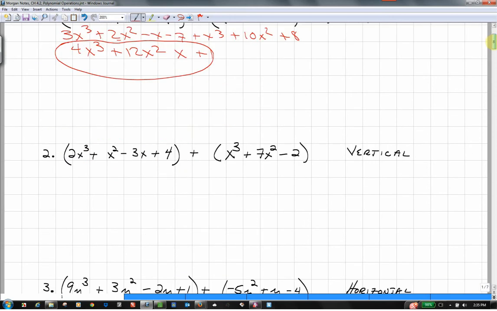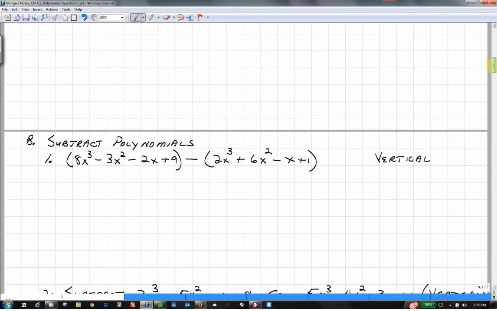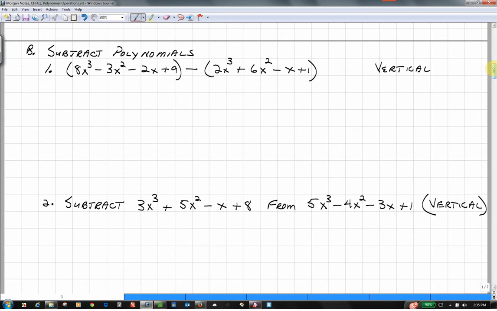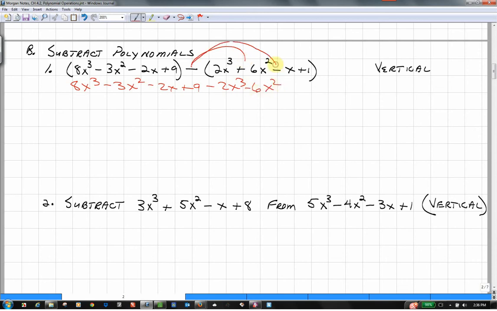Subtraction. I've got to be careful about distributing my subtraction, which is a negative. So I would have 8x cubed minus 3x squared minus 2x plus 9 minus 2x cubed, minus distributes to the next term, 6x squared. The minus distributes to the next term, which is a subtraction, so I have subtract a minus, or however you want to look at it, a minus and a minus would be plus x,